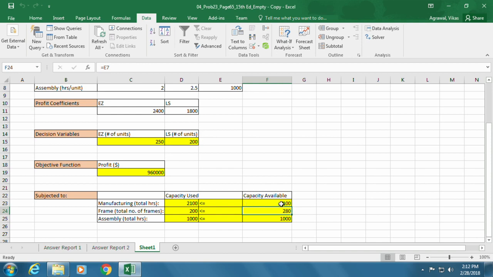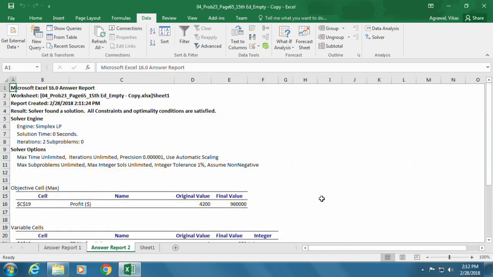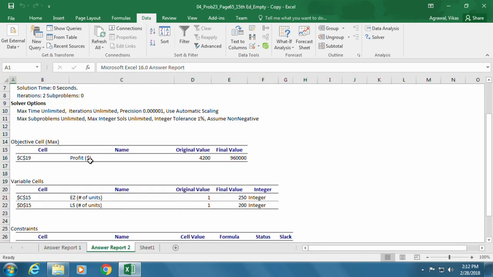If you change the right hand side of the binding constraints, which are manufacturing and assembly here, so if you reduce it to 2900 here, you have to solve the problem again using solver. So if you go to the answer report, it will summarize whatever I have said here. Our optimal profit objective cell is $960,000.